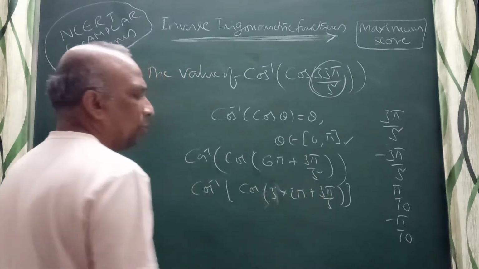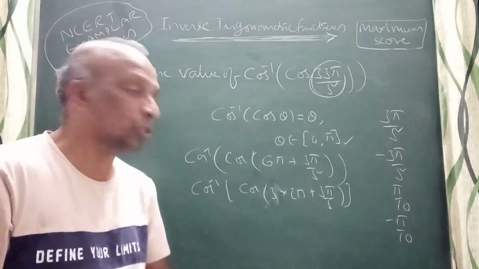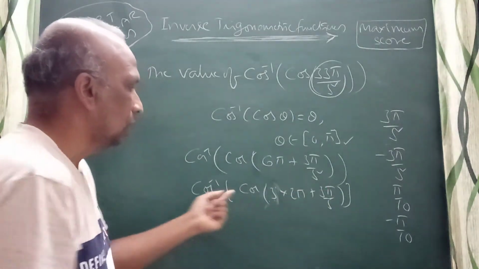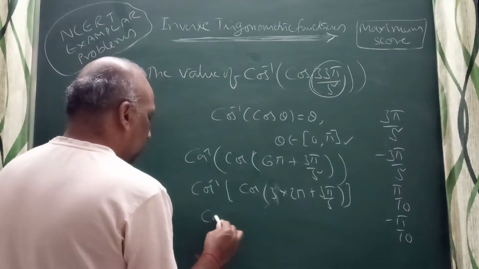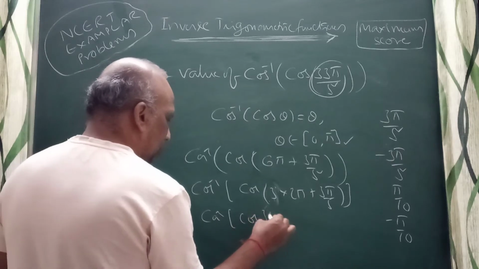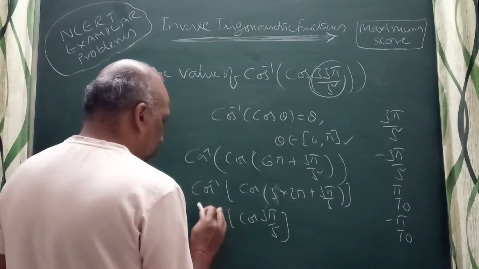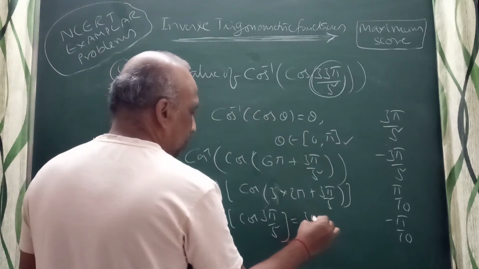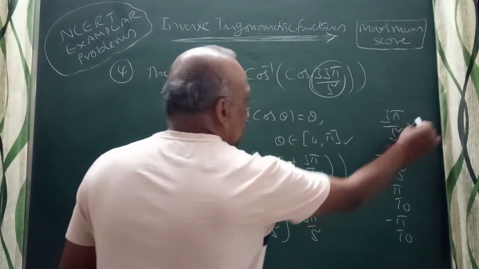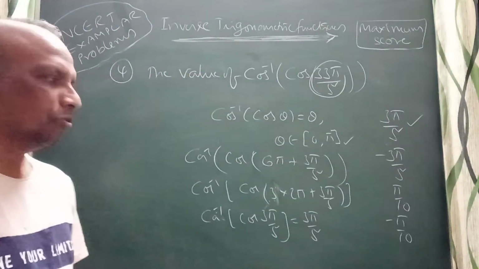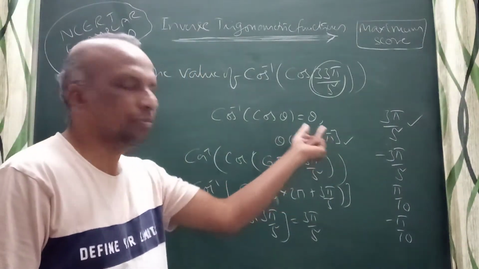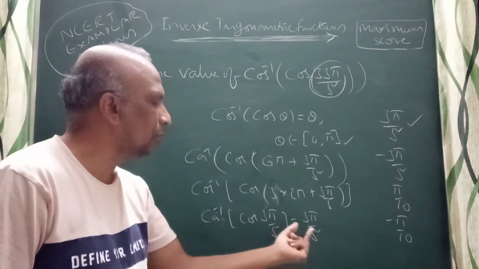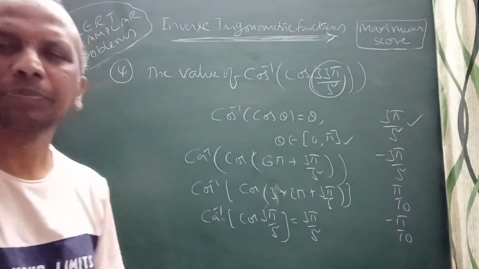So 2 pi plus 3 pi by 5. If it is 2 pi plus something, it will be in the first quadrant, right? So cos of 3 pi by 5 will come. Cos inverse of cos of 3 pi by 5. Then for cos inverse of cos theta, we can accept this one, 3 pi by 5, right? That will be our answer. Correct. To find this value, theta should be in this range. That is the reason we simplify. This is the required answer.